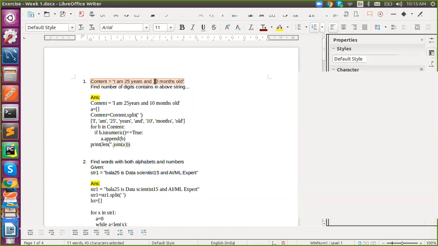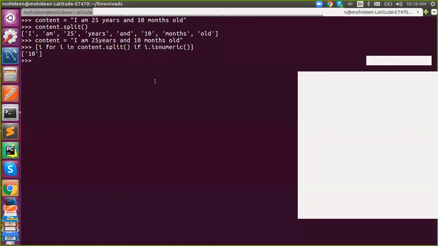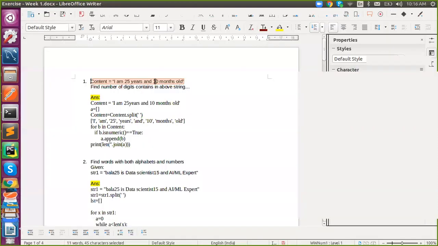But anyway, you did a partial answer. It's really good. And what do you have to do? You don't need to say split. Without split, we can do that. Yes, exactly. It will take each and every character. Yes, got it. So even you had an answer, right? So without split, just iterate.